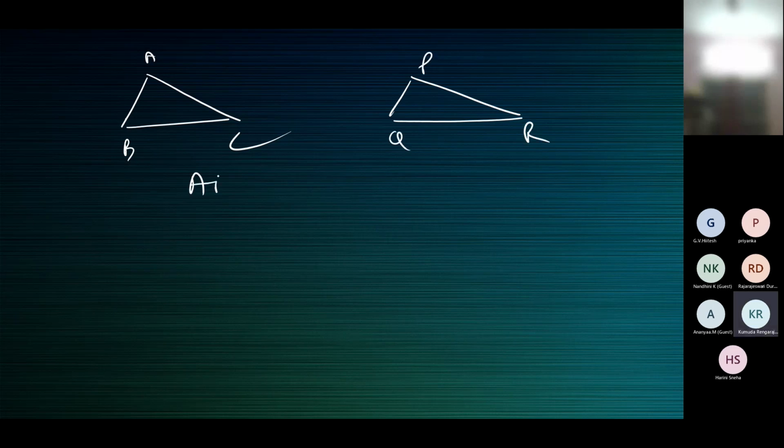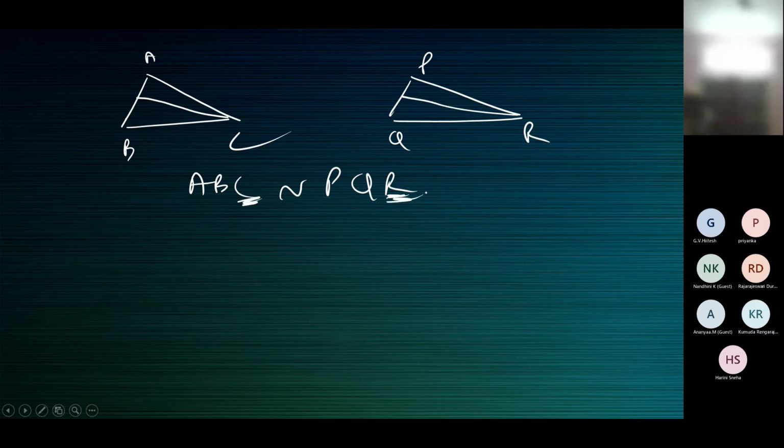Okay, so it's given that ABC is similar to PQR. So angle C corresponds to angle R. If you have the bisector of C in this triangle, you must take the corresponding bisector of R in the other triangle, because C corresponds to R. So if CM is the bisector of angle C,